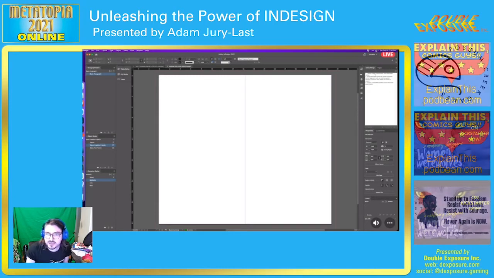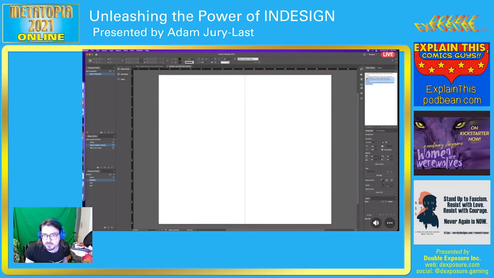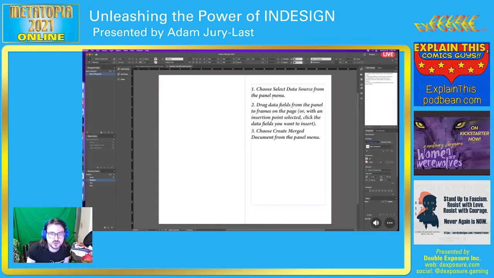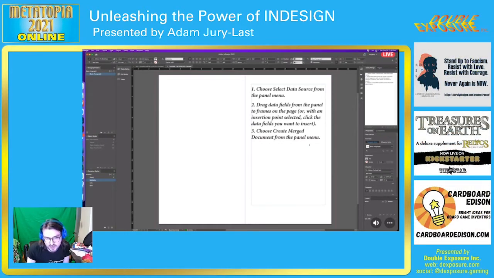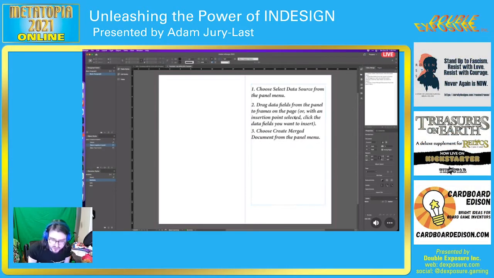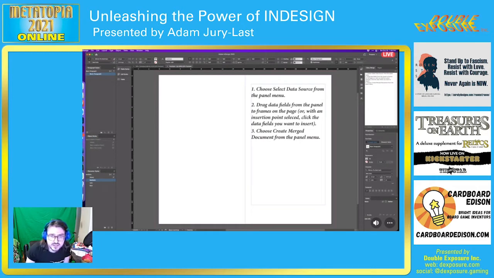And if you look over here, Data Merge has a bunch of text in this kind of faux readme area that is impossible to read because it is so small. But if you make it larger here, it says: choose a data source from the panel menu, drag data fields from the panel to frames on the page, and then choose Create Merge Document from the panel menu. So I'm going to delete this here,